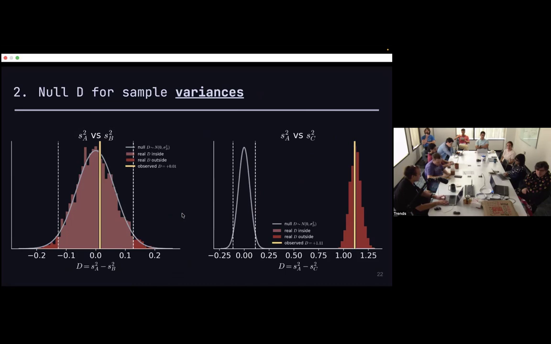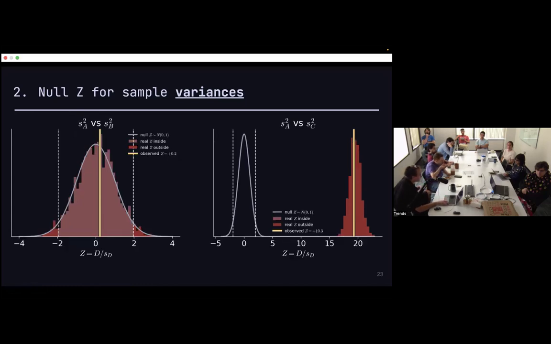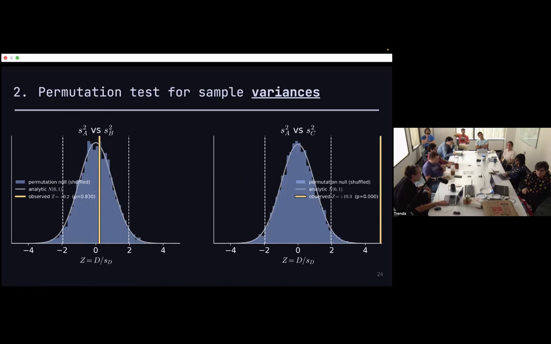This picture shows it. A and C are clearly different. The null hypothesis is here, and the observed difference in sample variances is here. But for A and B, it's kind of in the middle, so we can tell them apart this time. You can normalize it to follow the Gaussian with center 0 and variance 1, and then do the permutation test again. This time A and B are falling inside the null hypothesis confidence interval,